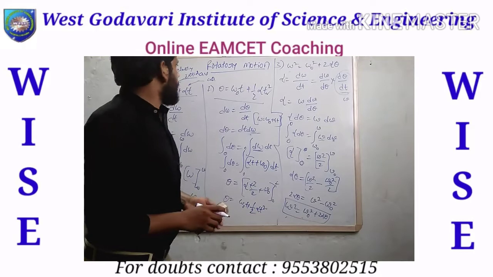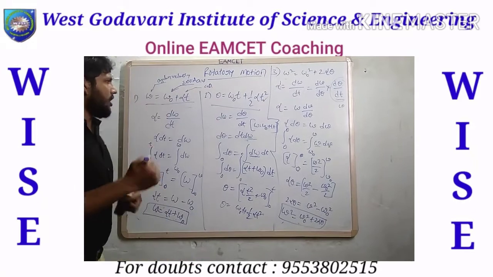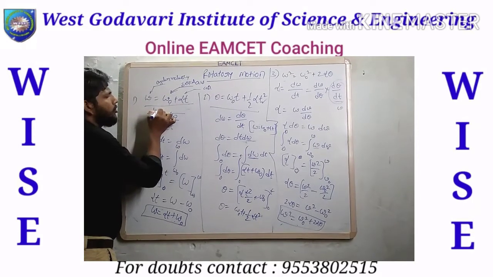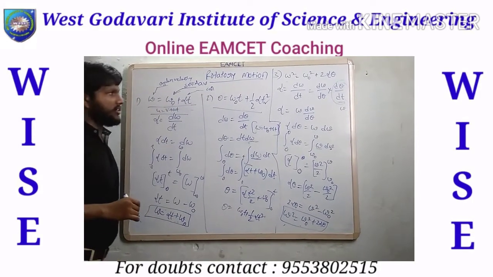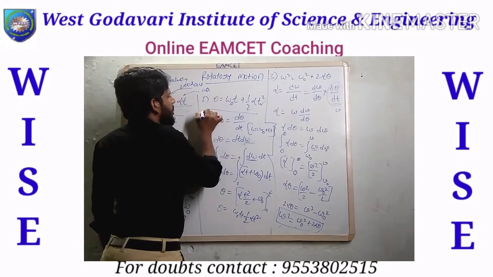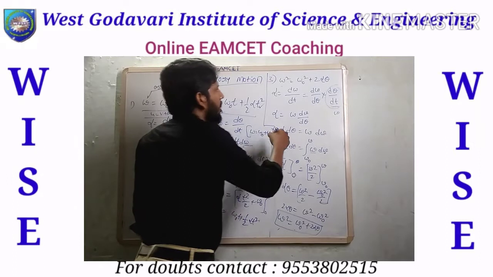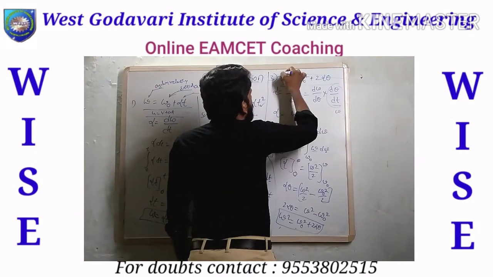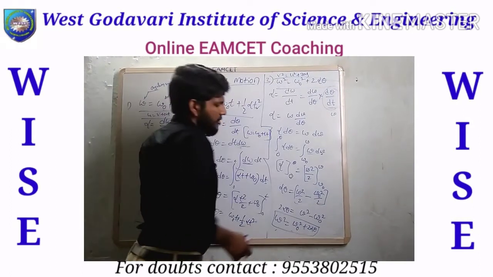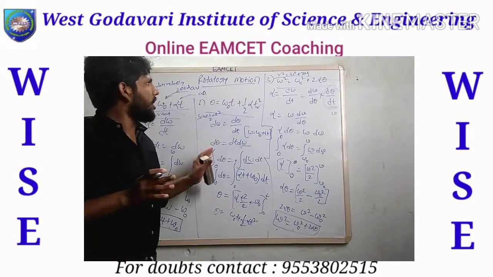Now let us observe all three equations and compare with the linear ones. This is ω = ω₀ + αt, simply v = u + at. And θ = ω₀t + ½αt², so simply s = ut + ½at², which is similar to the same equation. And you can observe the well-known equation v² = u² + 2as, that is the same equation we have. So these are the equations particularly for rotatory motion.